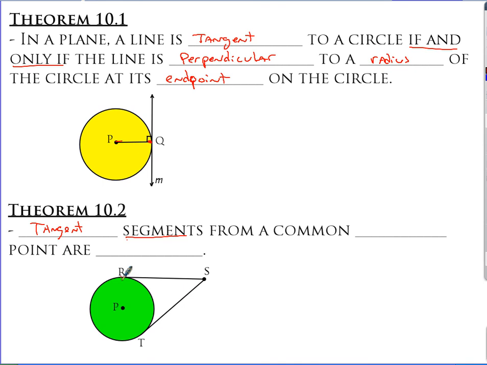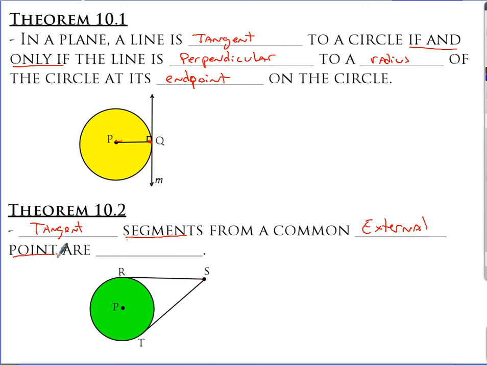So they just took a piece of that tangent line and made it a tangent segment. And if these two segments are from a common external point, which just means outside of the circle,